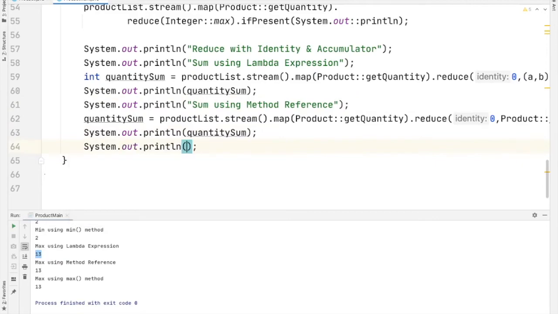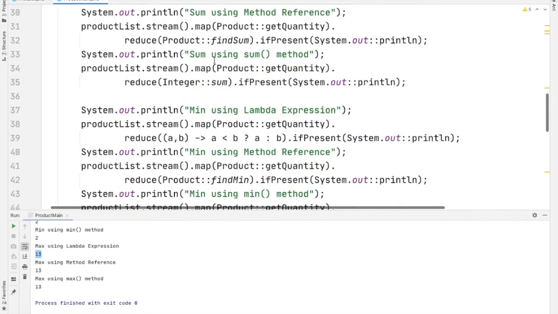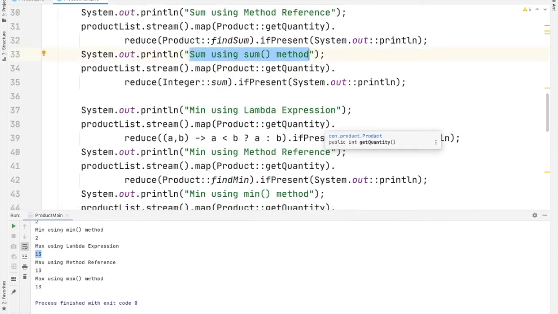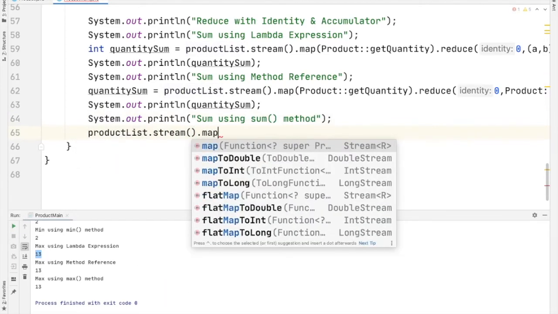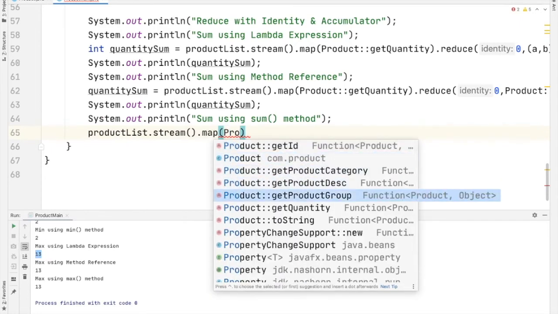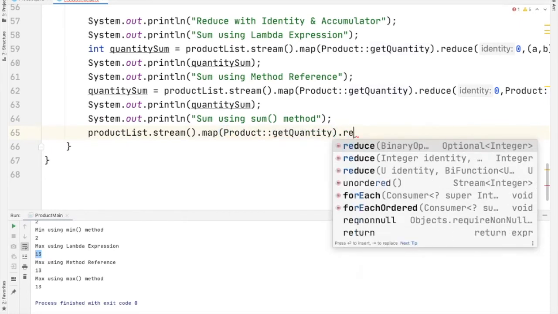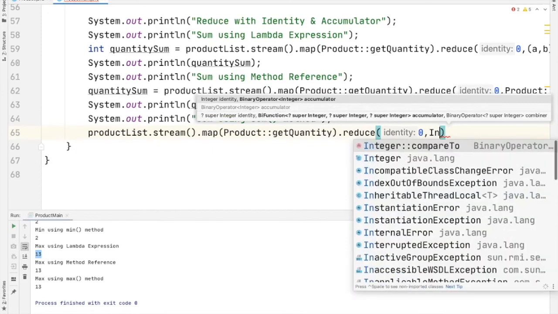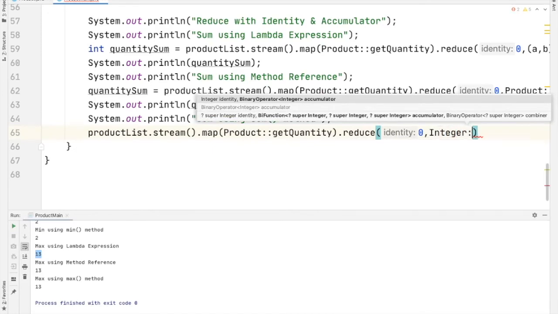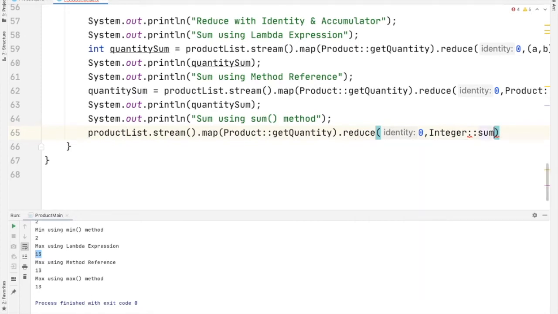Next is sum using the sum method from the Integer class. Product list dot stream dot map of product get quantity dot reduce, start value 0 and Integer double colon operator sum.